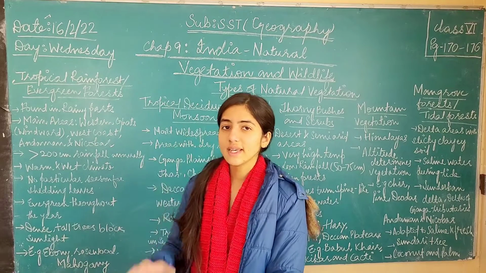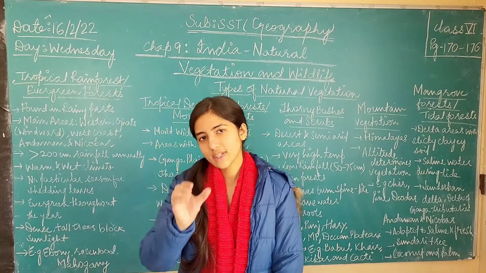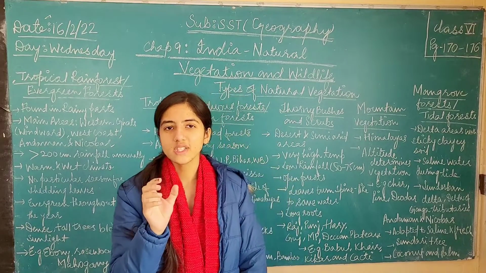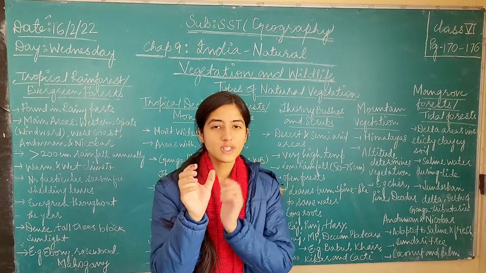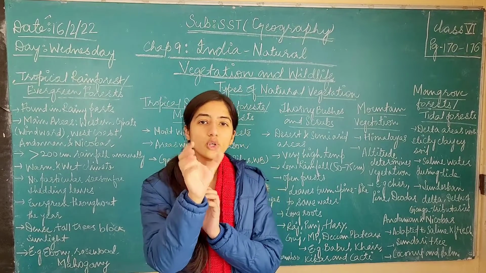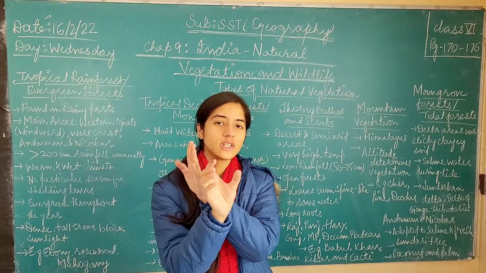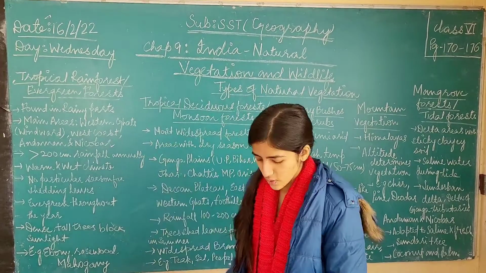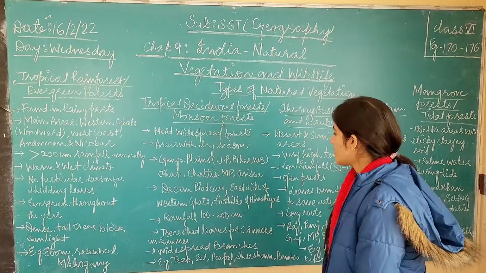So the east part of the Western Ghats, what is the eastern part of these Ghats? For me, the eastern part is this. But since you are opposite to the camera, for you, the eastern part is here. The east part of the Western Ghats is here. Okay. So this is the part where tropical deciduous forests are found.